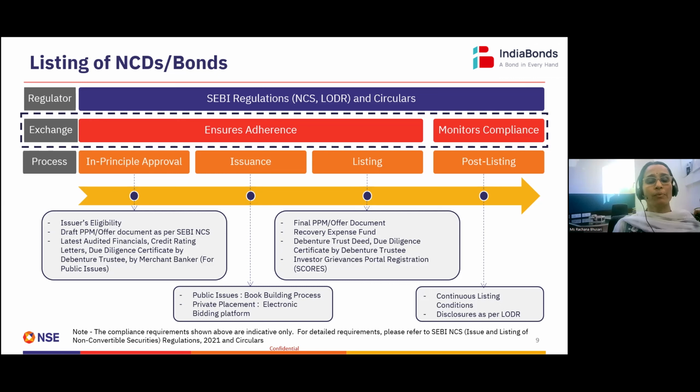What an exchange will do is check whether this issuer is allowed to do a debt issue, whether it's a private placement or a public issue, and whether there is any proceeding against him which prohibits him from accessing the capital markets or the debt market. So all those checks and balances would be done. The information document that has been shared would have been studied to ensure that fair and accurate information is being given to the investors, and based on that, the in principle approval will be granted to the issuer.